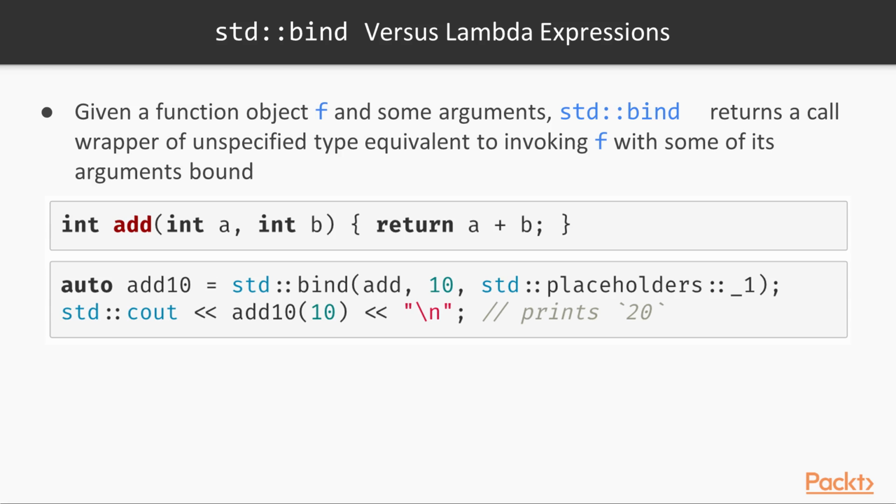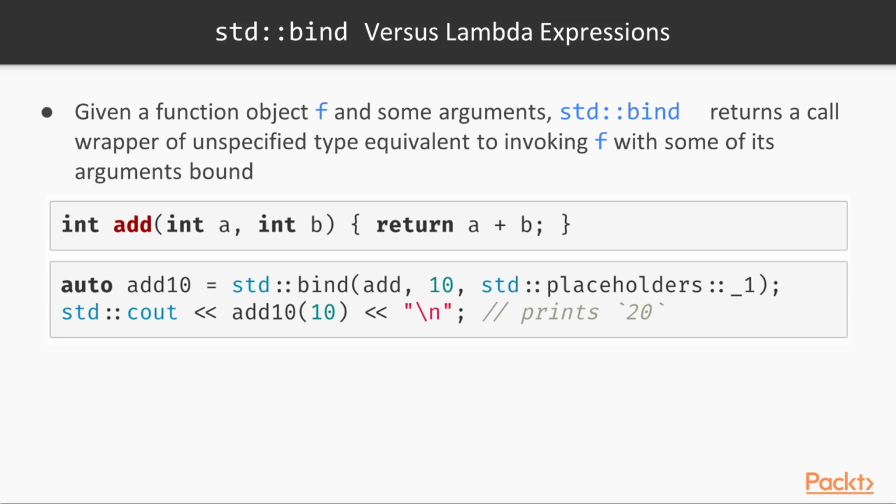And I can say something like auto add10 = std::bind(add, 10, std::placeholders::_1). This line means I want add10 to be a wrapper around the add function where the first argument is fixed to 10 and the second argument is a placeholder that the user can pass arguments to.